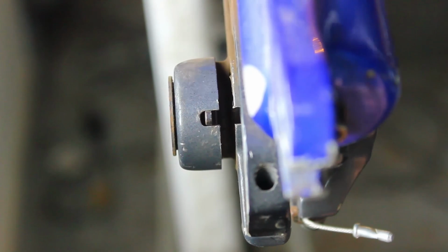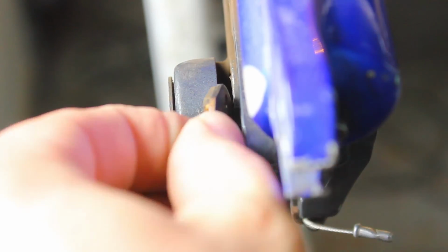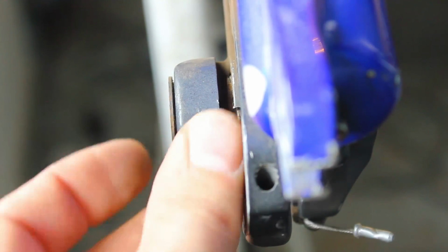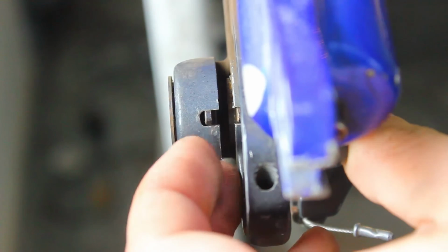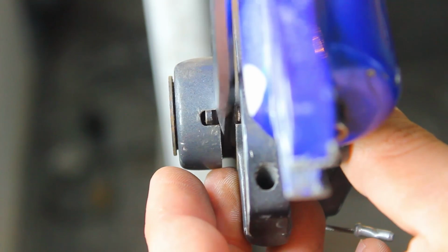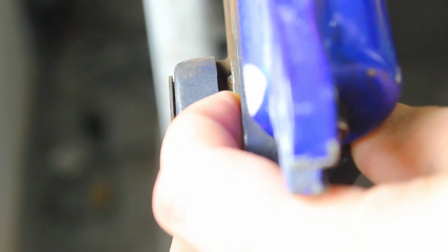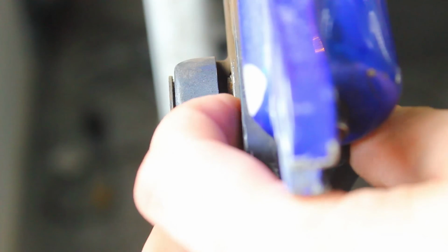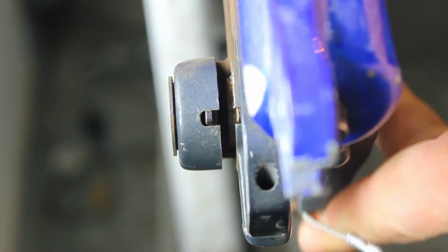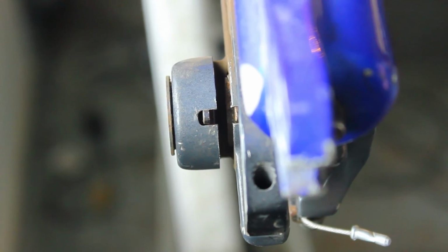Just make sure there's no gunk or anything else on the bottom here. Okay, seems to be going fine. And there we go. Just to make sure. Seems to be working. Okay, so we have the brake pads back in. I'm going to put the